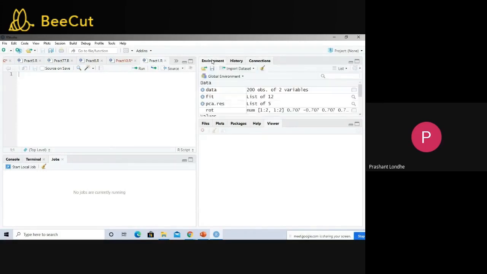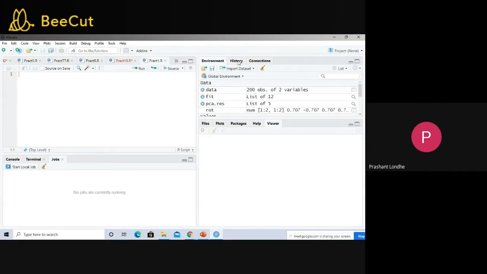Okay, this is your environment. These are actually your variables whenever you are creating. See here, I have created many variables. So these are the variables that I have created. When you are creating the variable, when you are putting something like a equal to 5, that will be entered over here. Okay, as an environment, whatever variables you are creating, that will be entered according to their value.